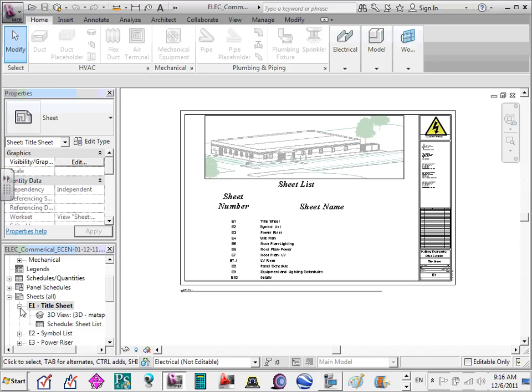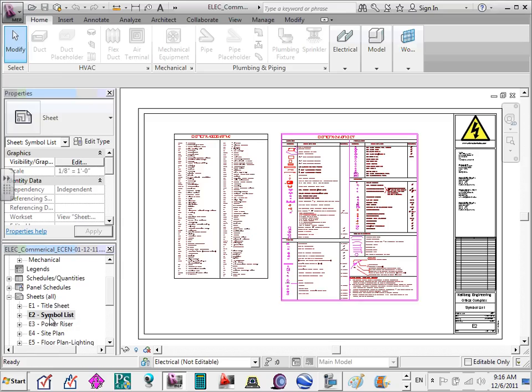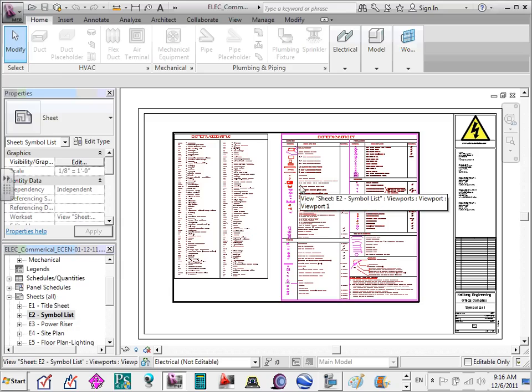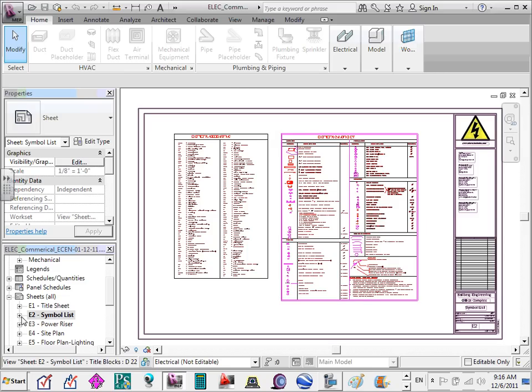So I'm going to minimize it so I can see that. Sheet 2 is going to have the symbols, exactly the same symbols that you did. So, Chris, can you guess if I expand sheet 2, what would I see right underneath that? A drafting view with the sheet. So if you click here,